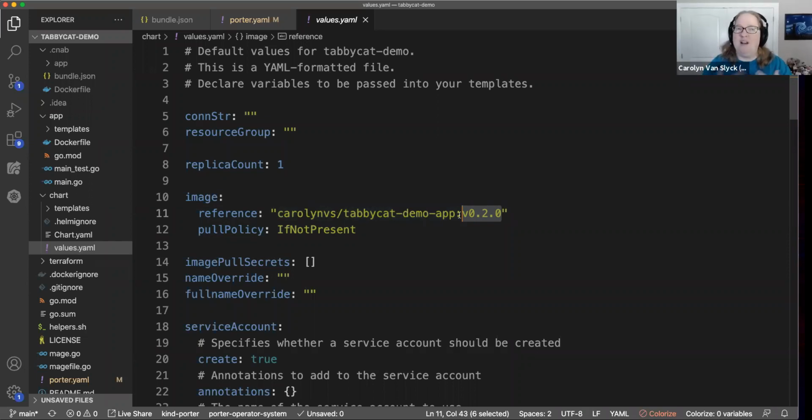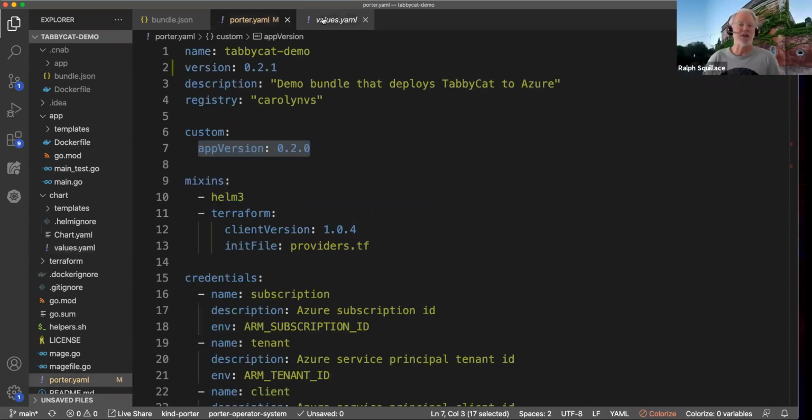Everyone has something different for their bundle. Some bundles are a suite or like a mismatch of things. In this case, there's a clear one-to-one. So let me restate just so I'm trying to understand. The reason that's custom in there is that the app version is exactly what you just said. It's the version of the image that the Helm chart is deploying, and there's only one image, so we know that is the version. In a Helm chart that has 4 images, the version of each image could be different,